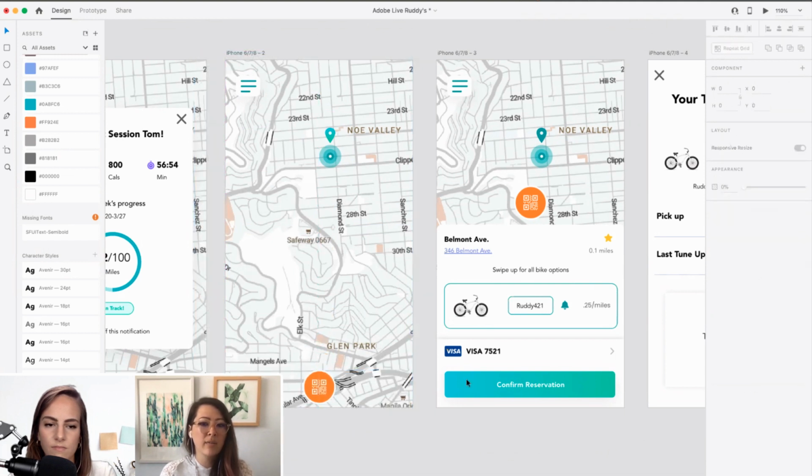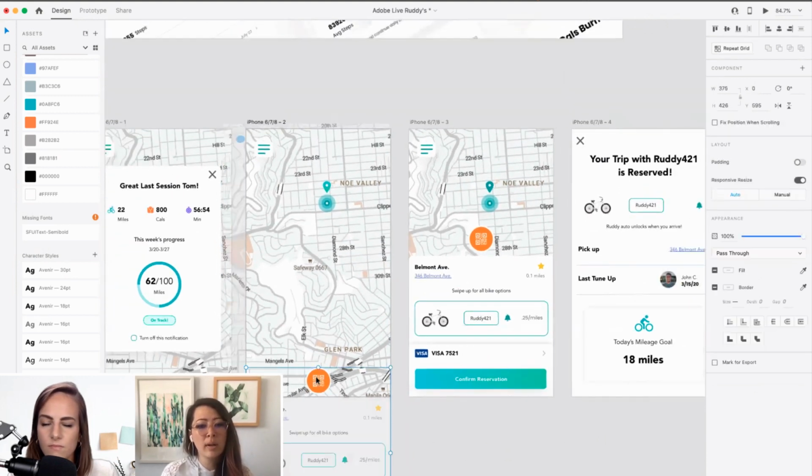I want it so that, regardless of whether the results are up or not, he can always select the barcode, the QR code, to be able to unlock a bike at any point. So I don't ever want that hidden away from him. I want that always exposed. If he's there in person, he can just tap the QR code and rent it.